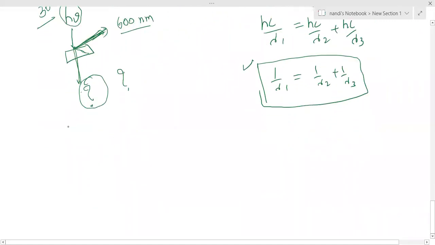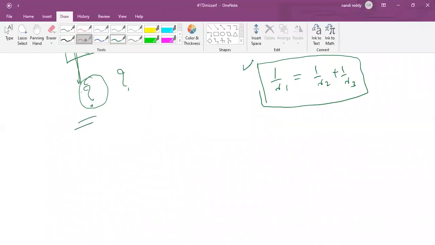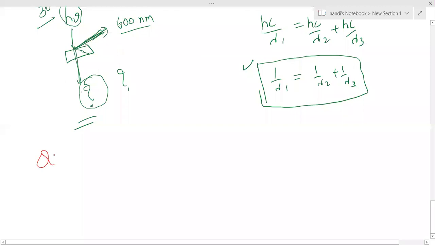So this is concept based, sir. The question is, please note down: a gas absorbs a photon of 335 nanometer